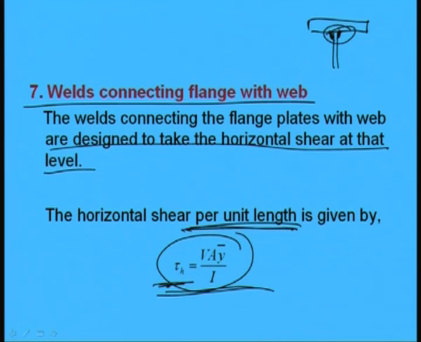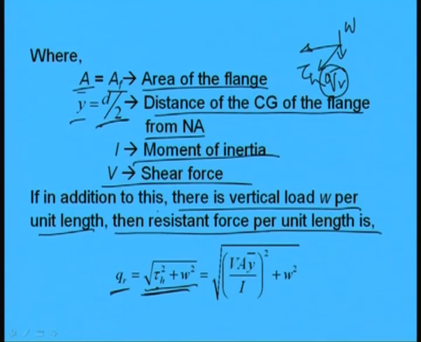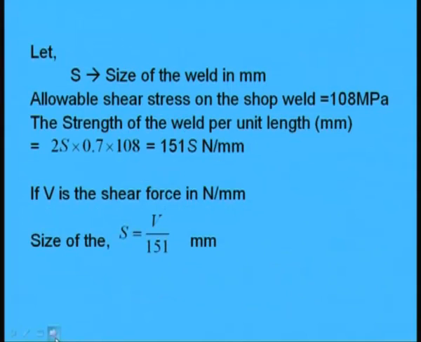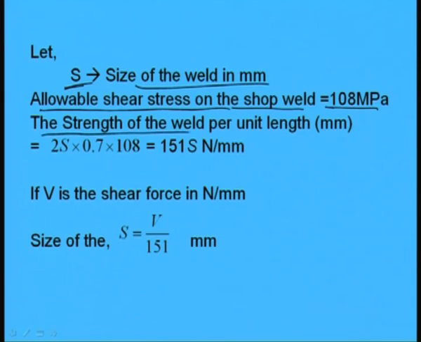I. Remember, this is shear per unit length, not the shear stress, shear per unit length, right. And W is also load per unit length. If we put those values, tau H as V A y bar by I, then we can find out QR, the resistance force per unit length, as this. So, QR we got. Now, if we consider S as, say, the size of the weld in millimeter, and let us consider the allowable shear stress on the shop weld as, say, 108 MPa, then the strength of the weld per unit length can be found out like this,